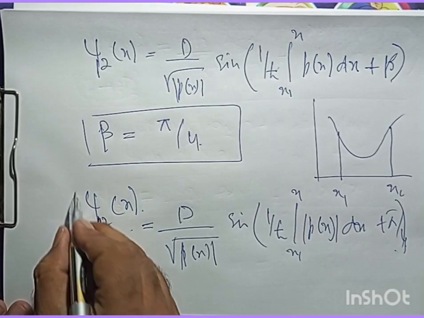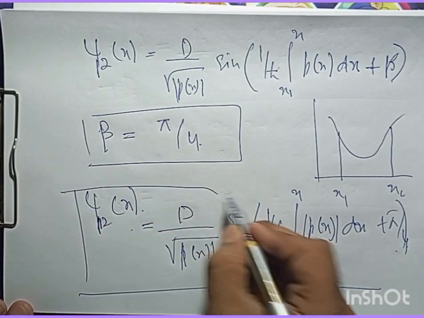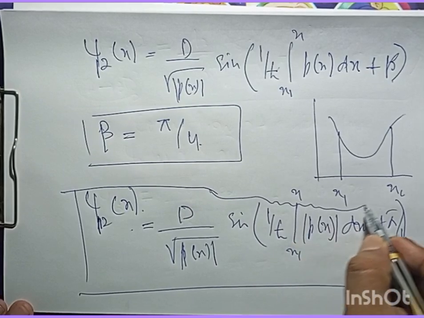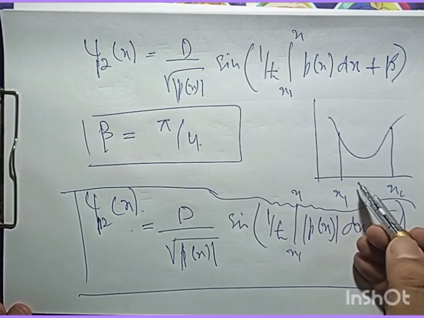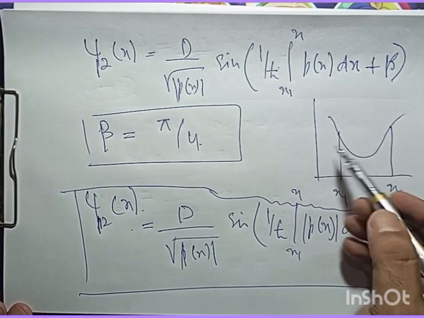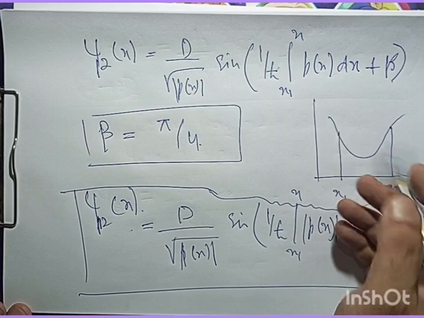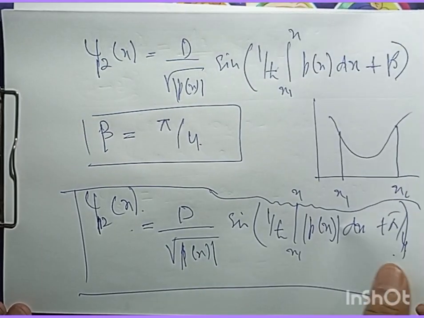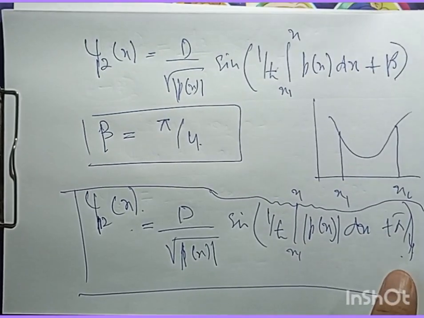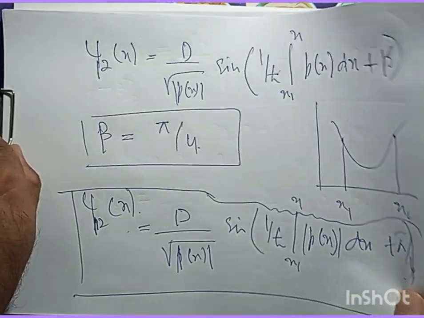So we have two equations which are mathematically connecting the two regions, the classically allowed region and the classically forbidden region. And if I write down these two equations now,